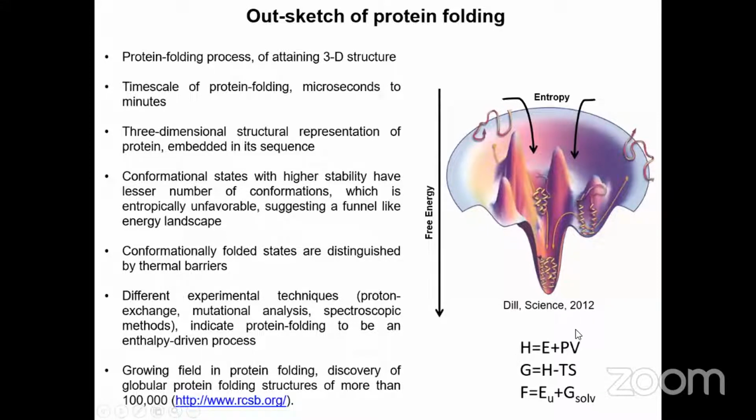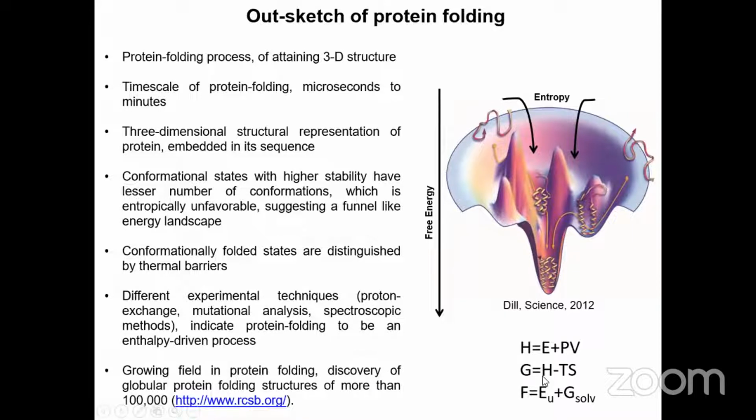Now, for a protein folding process, this PV term is too small. So the difference which is coming is actually due to the change in the internal energy, and therefore the enthalpy of the protein can be generically equivalent to the internal energy or E of the protein, which can be mentioned as the EU or the protein internal energy in due course of time in different lectures or in different sources. Now, this is the enthalpy, the energetic term, and then there is a free energetic term, the G,